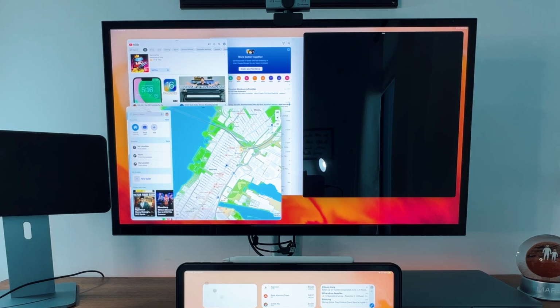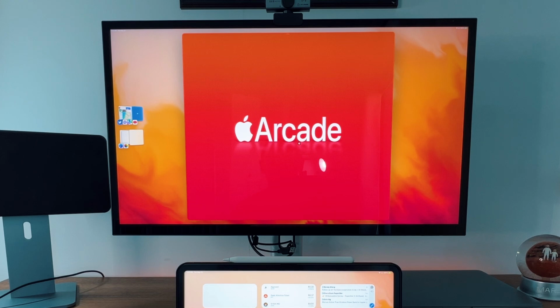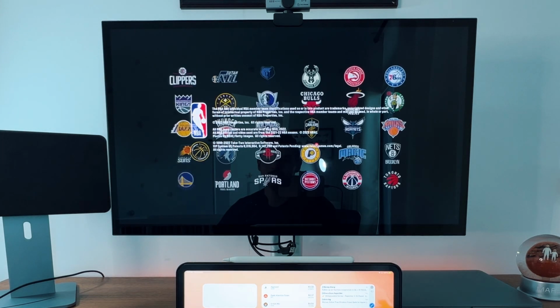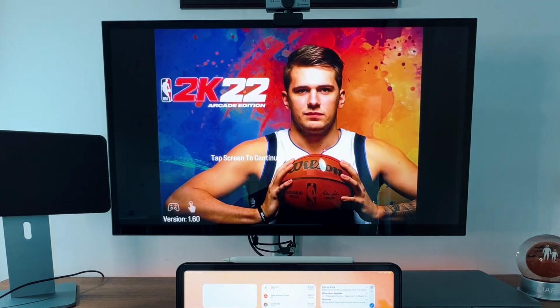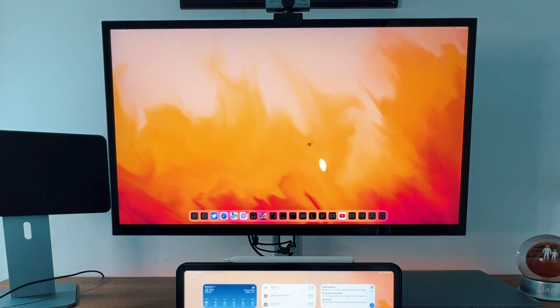Last thing I do want to bring up is a game. So let's bring up NBA 2K, see what that looks like on a secondary display. You can see that it's not going to take up the entire display. Even if I try to full screen it, oh, it looks like it does take up the entire display. So you can see that it tried to take up the entire screen, but you still get black bars over here. So it'll keep that same aspect ratio, but at least it does allow you to full screen the application,